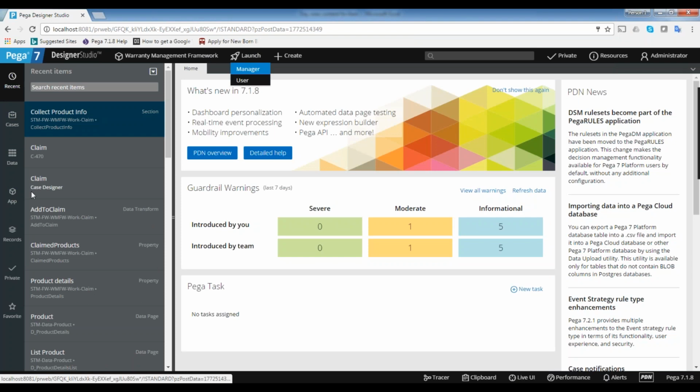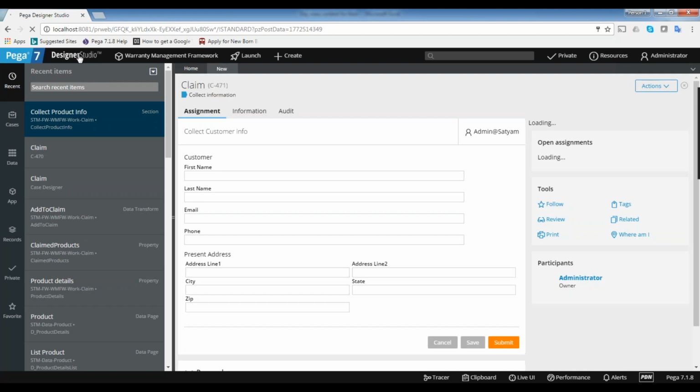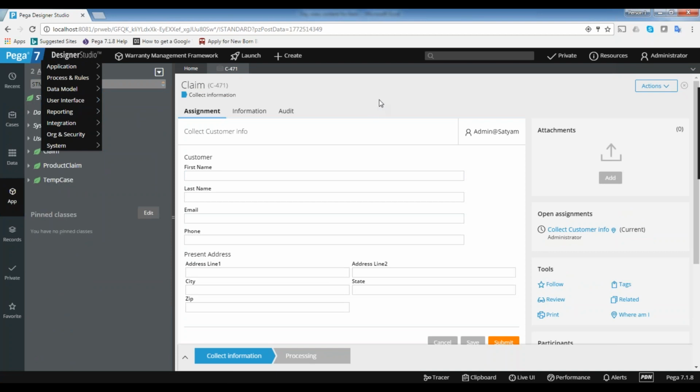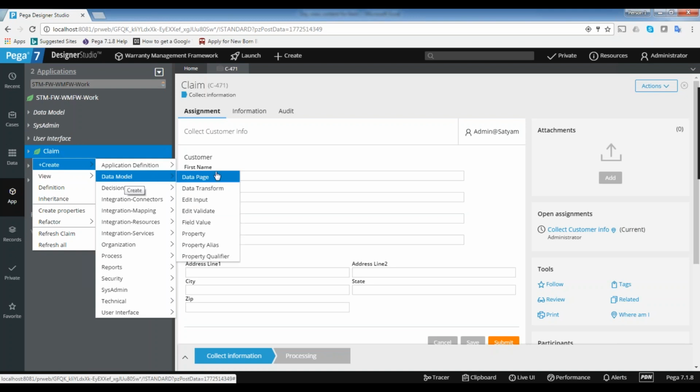And now, yesterday we saw that once we select the product and add the item to the claim, the user can add that item to the claim and we display that list on the UI. Once we click on the button, internally we call the data transform. So what exactly is a data transform? You will see. A data transform is a data model.